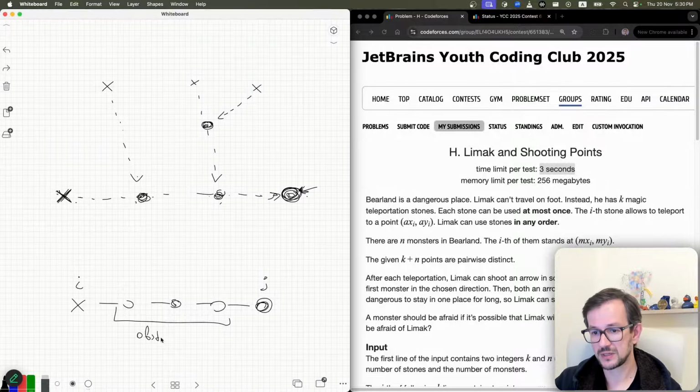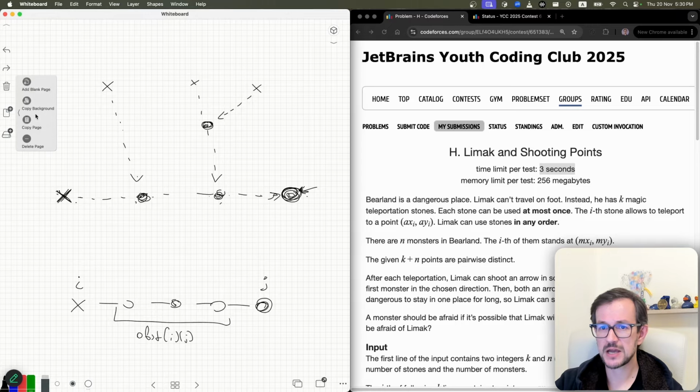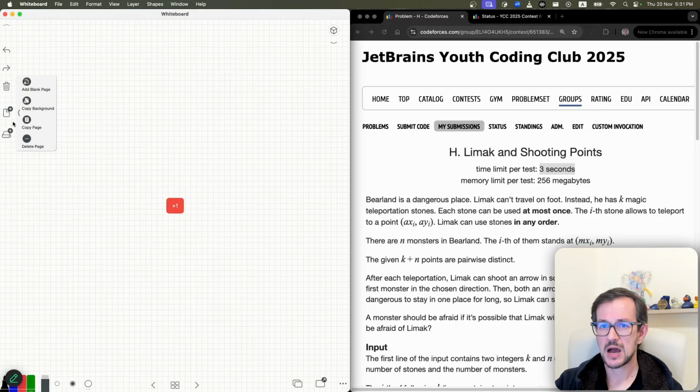Obst of I and J. So for each pair of monster and gun, I will put all the monsters I need to kill before into this array. And I can do it fast, actually. I do it fast like this. I take